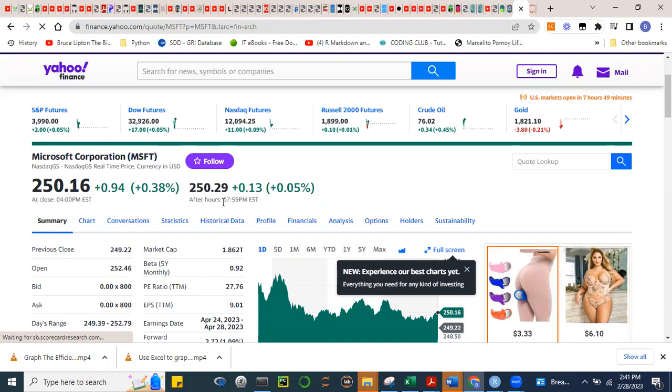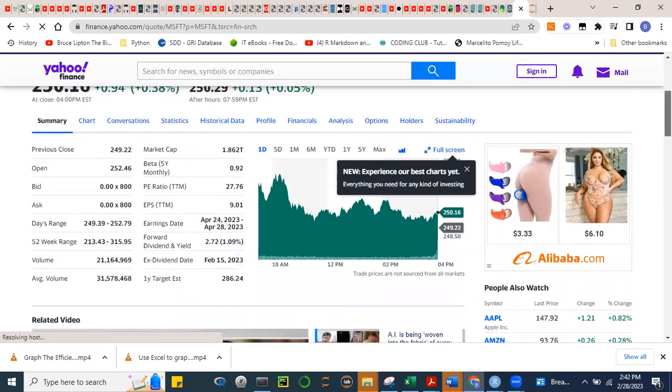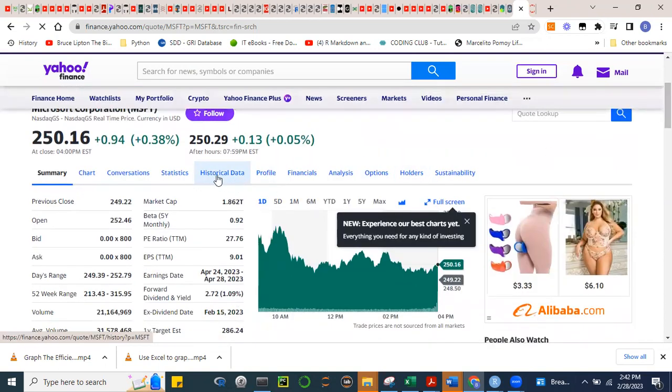Okay, so 250.29 at close, 250.16, and then okay, it doesn't say here. Sorry, nalito ako. Previous close was 249.22. Okay, and then it ended at 250.16. All right, so if we want to download data, you can get it here. Historical data. If you click this,